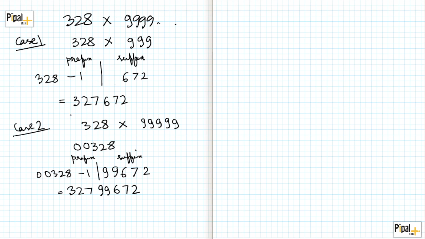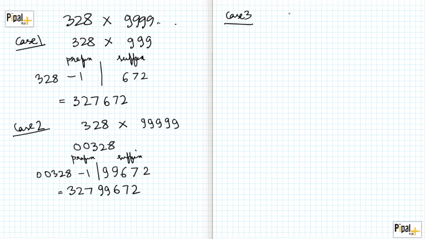You would notice that both these cases are pretty similar. The only difference is that if the number of nines is greater, I just add as many zeros to make this number a different number, and then I do the same arithmetic with it. I subtract 1 first to get my prefix, and then I find the complement of this number to get my suffix. But things change a little